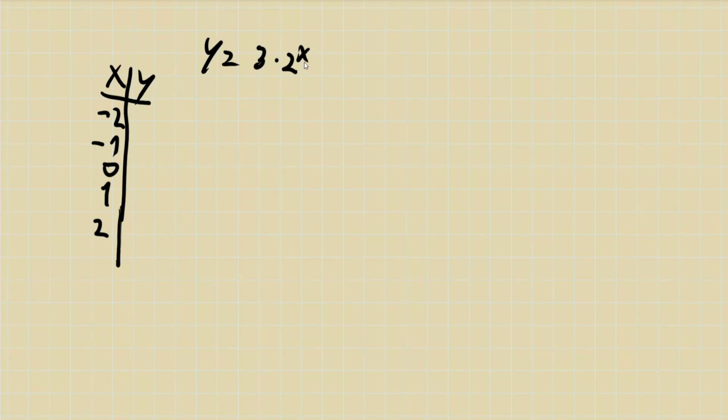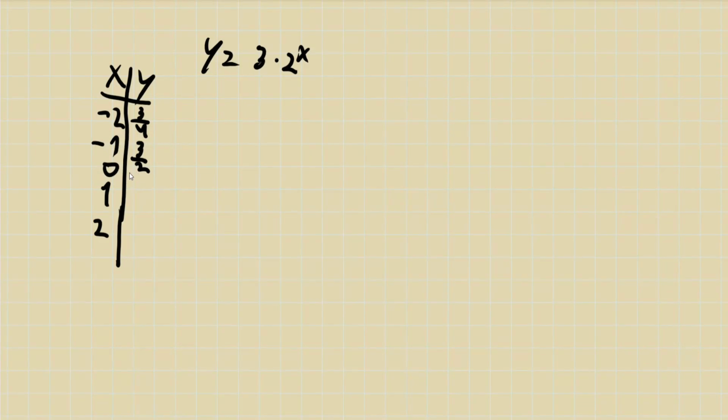All right. So 2 to the power of negative 2 is just 1/4. 3 times 1/4 is, actually, no, this is 3 over 4, rather. And then here, 3 times 1/2 is going to equal 3 over 2, so 1.5, right? And then